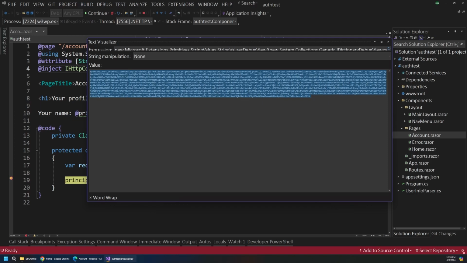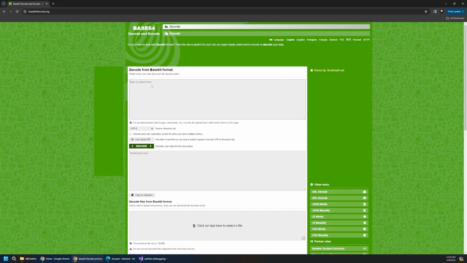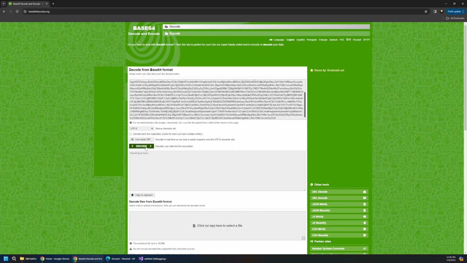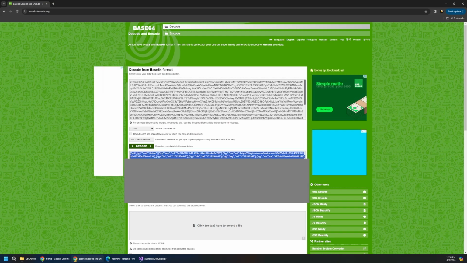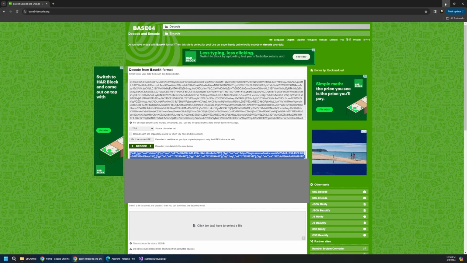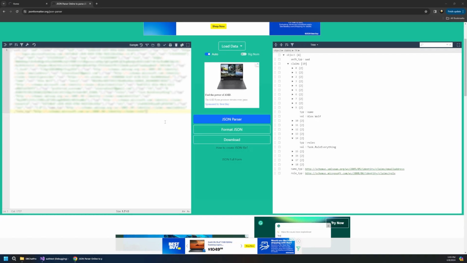So let's copy this, and then we can go out to some sort of base 64 decoding site like this and just decode the value here. And that'll create some nice JSON for us that includes all of our information. And so I've just pasted that JSON into a parser here and kind of cleaned up our view on the right. So what you can see is that this includes 19 different claims about the user,